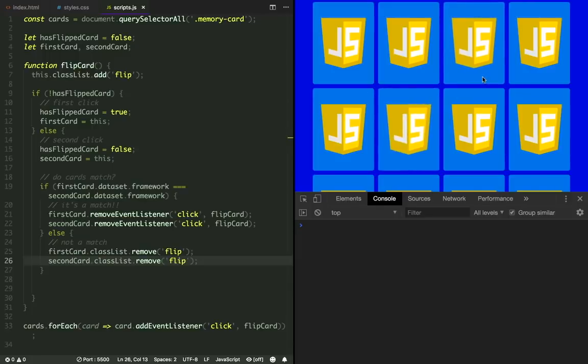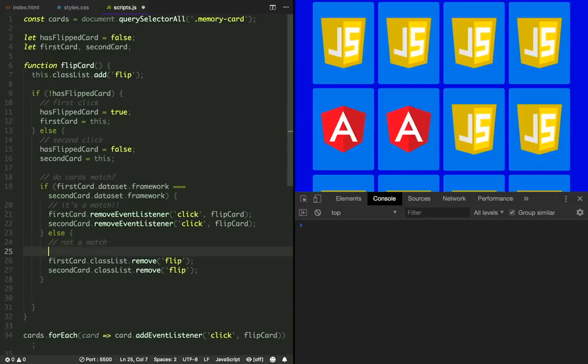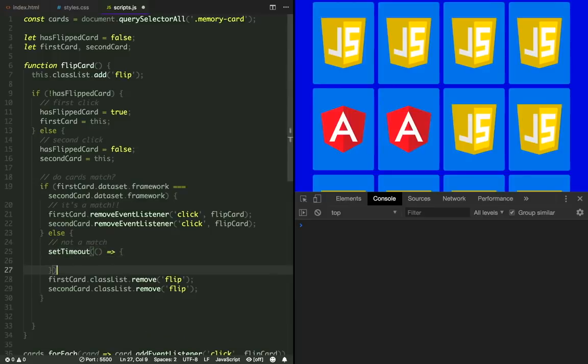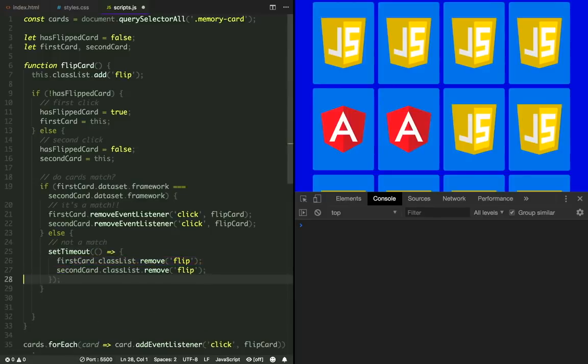When we clicked the card, it immediately removed the flip class, so we cannot even see it being flipped. What we have to do is add a setTimeout with a 1500 millisecond delay, so there's enough time available for us to see the flipping.